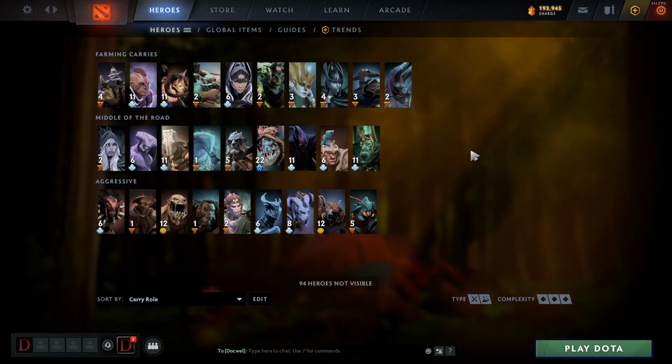Today's video is going to be about item guides for the carry role. I'm pretty much just going to go through each carry really quickly, briefly, and show you the item guide, show you the item build that you should build pretty much on every carry, because I really think you should, especially new players starting out, lower MMR, like Legend and below, even my level, sometimes Ancient Divine, you should